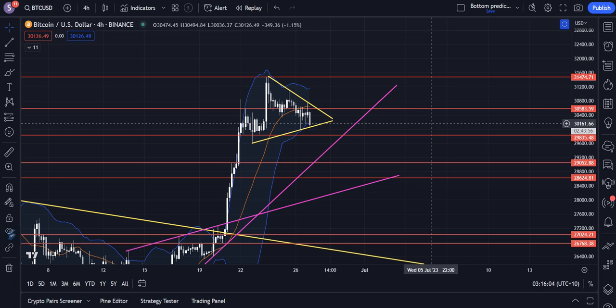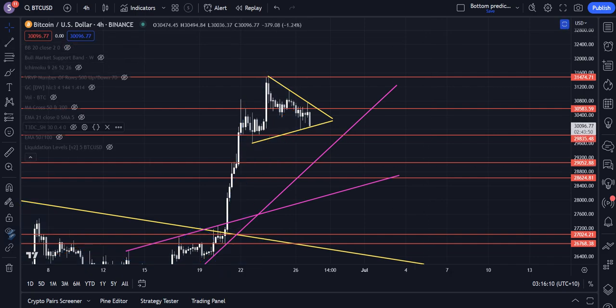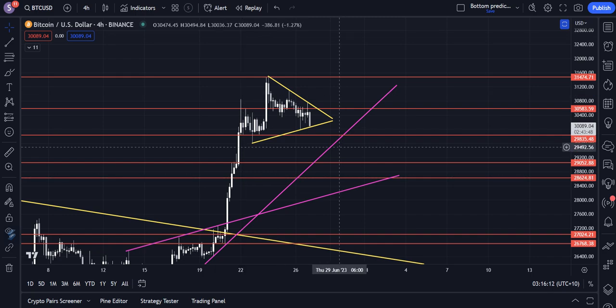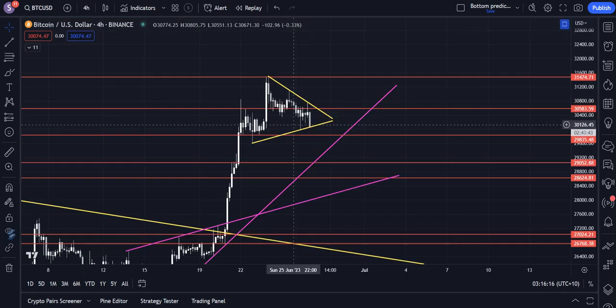So my opinion on the topic doesn't really matter, especially given the insignificance of this pennant. But I am informing you of the fact that this pennant does exist because it's knocking on the doorstep of the bullish playground, which I've mentioned in this video. I also want to say the pennant is due to break out within the next, basically, less than 24 hours. Okay, probably looking at almost 12 hours, 13, 14 hours by now, something like that, by the time